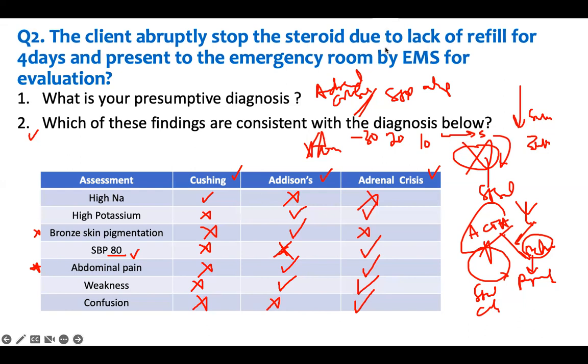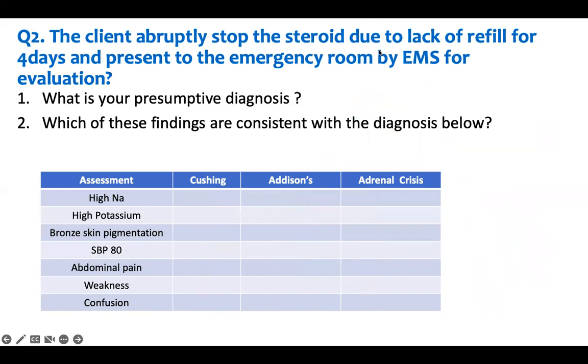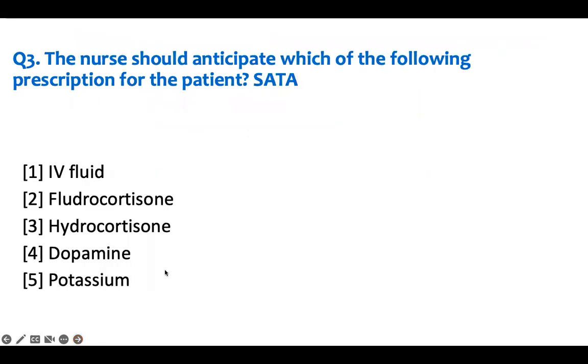Okay, but it's a form of SATA. I've given it to you, and you've got to put it in the column that it belongs to. You have to know the disease process. Just because I've given you the answer doesn't mean you can just put it anywhere. No, you get it wrong, and it will take marks from you. It's not free. They will deduct marks, so you're just losing. Okay, if you select all, you get 0 for that question. So that's another way of getting you.